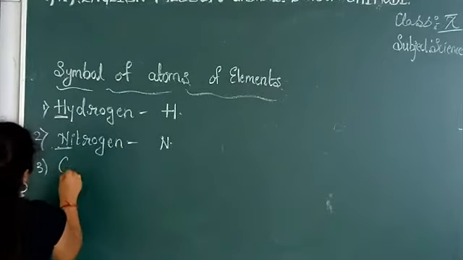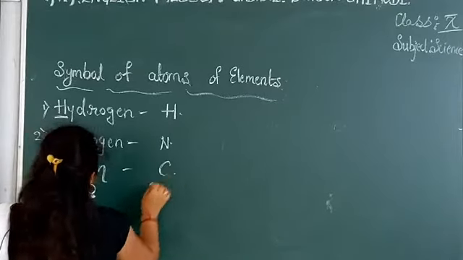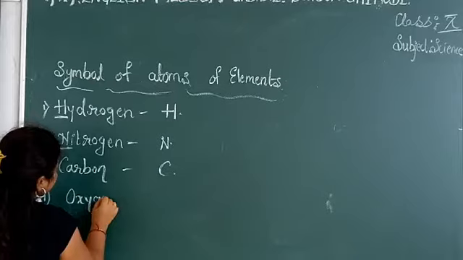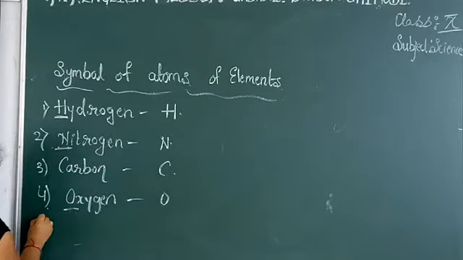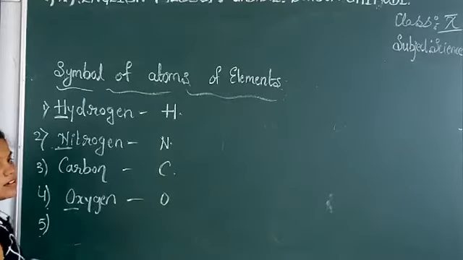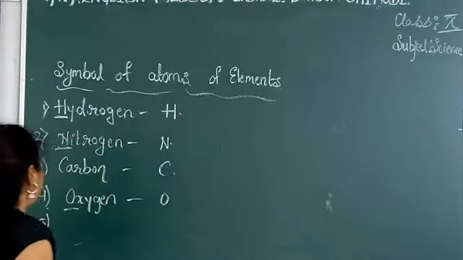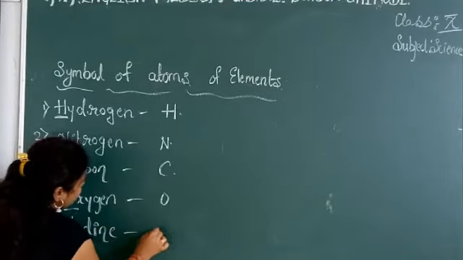How are you going to represent carbon? C. Next example, oxygen, represented by O. Another example we can take here, iodine, represented by